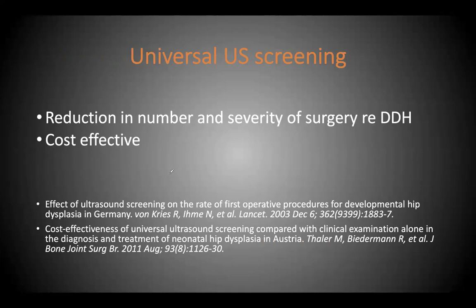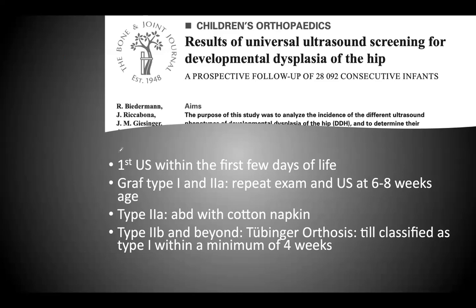So in the German-speaking part of our world, in Germany, Austria, etc., there is literature which says that there is a reduction in the number and the severity of surgery for DDH with universal screening, and they have also shown that it is cost-effective actually. So this study by Biederman from Germany, in their study,